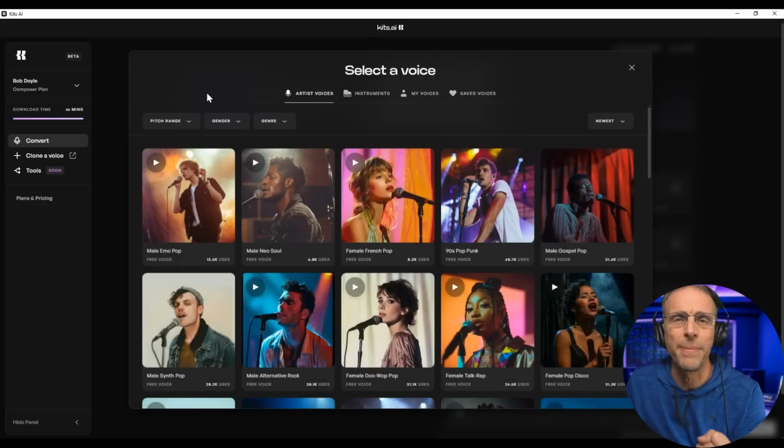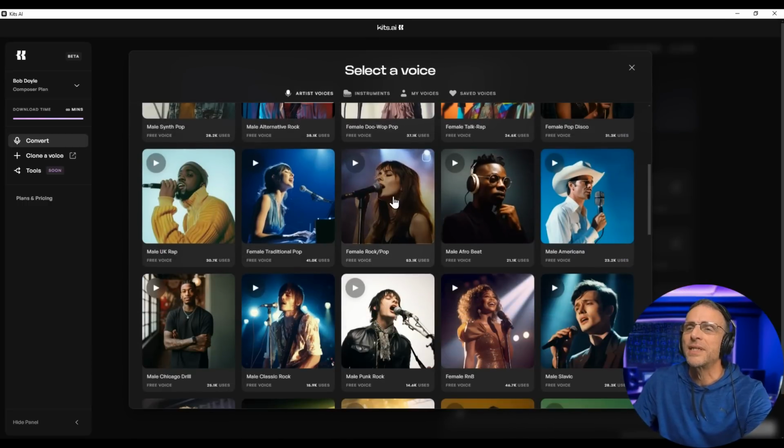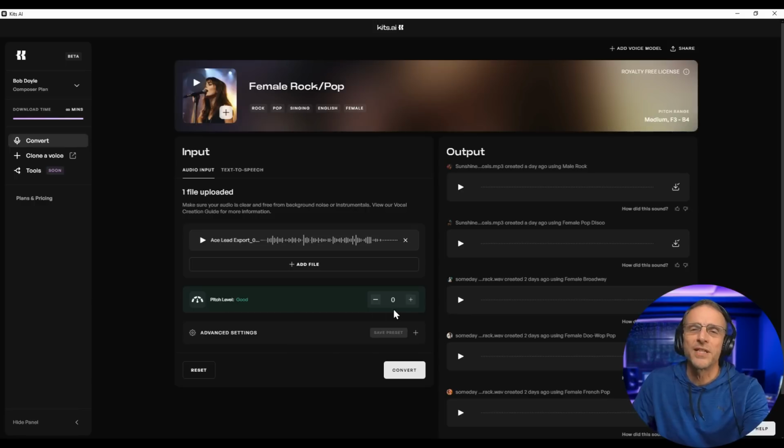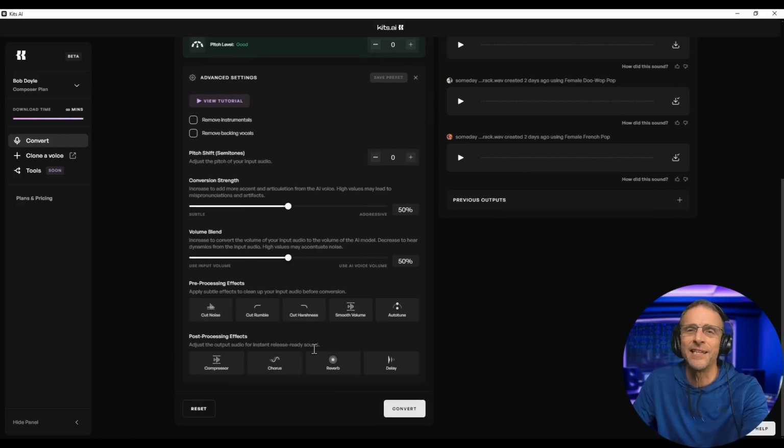All right, now we want to select a voice. I want to get kind of a more powerful female voice. We've got a few to choose from here. Let's see what the female rock sounds like. The pitch level's good, which means I don't have to make any adjustments to this, which means that the range of this model is pretty much in the range of the vocal sample that we just fed it, which is always a good thing. We can go under advanced settings and just see that we're not adding any noise or